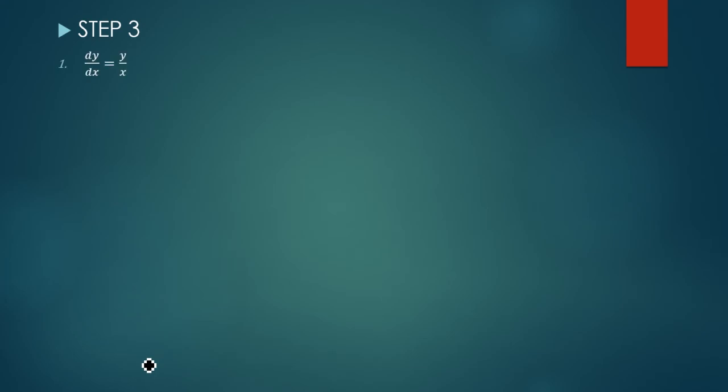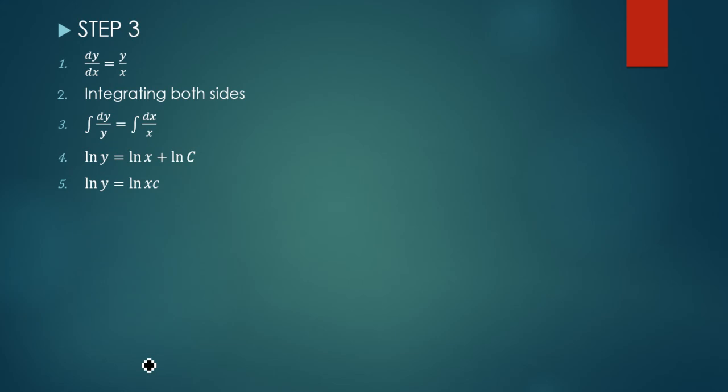Now the third step, we have dy by dx equals y by x. We have to integrate it. How? We first take y terms to one side and x terms to another side, so integrating both sides we get integration of dy by y equals integration of dx by x, which is log y equals log x plus log c. So here log y is log of x into c. Now I guess you are clear with the property that if two logs are added, log x plus log c, then the inner parts, that is x and c, will multiply to each other, that is log xc. And now taking exponential of both sides, we get y equals xc.